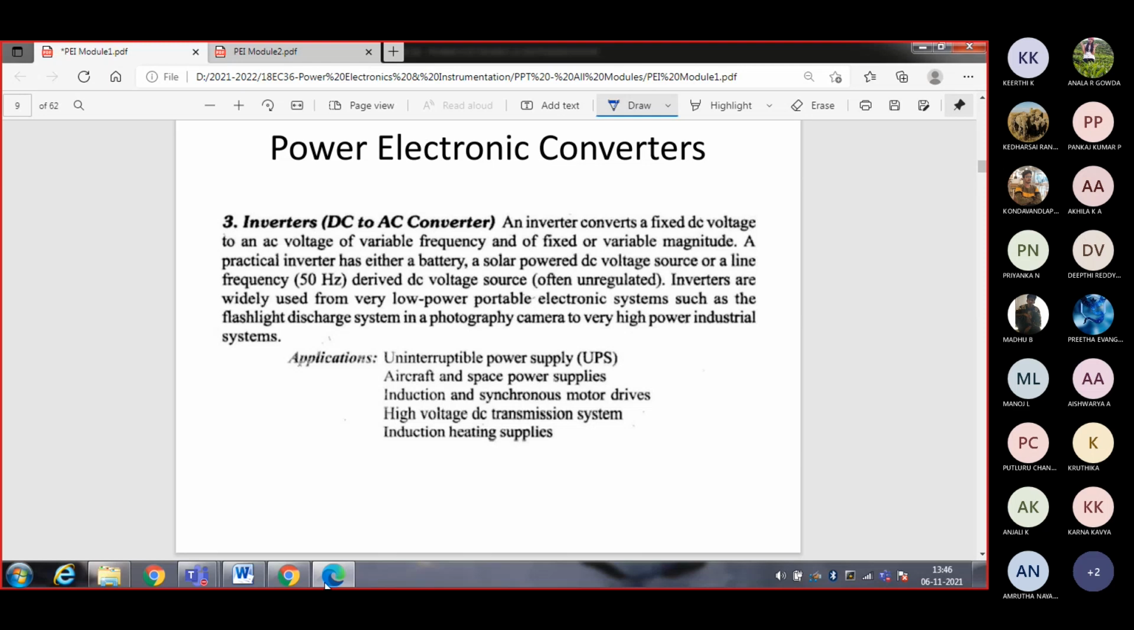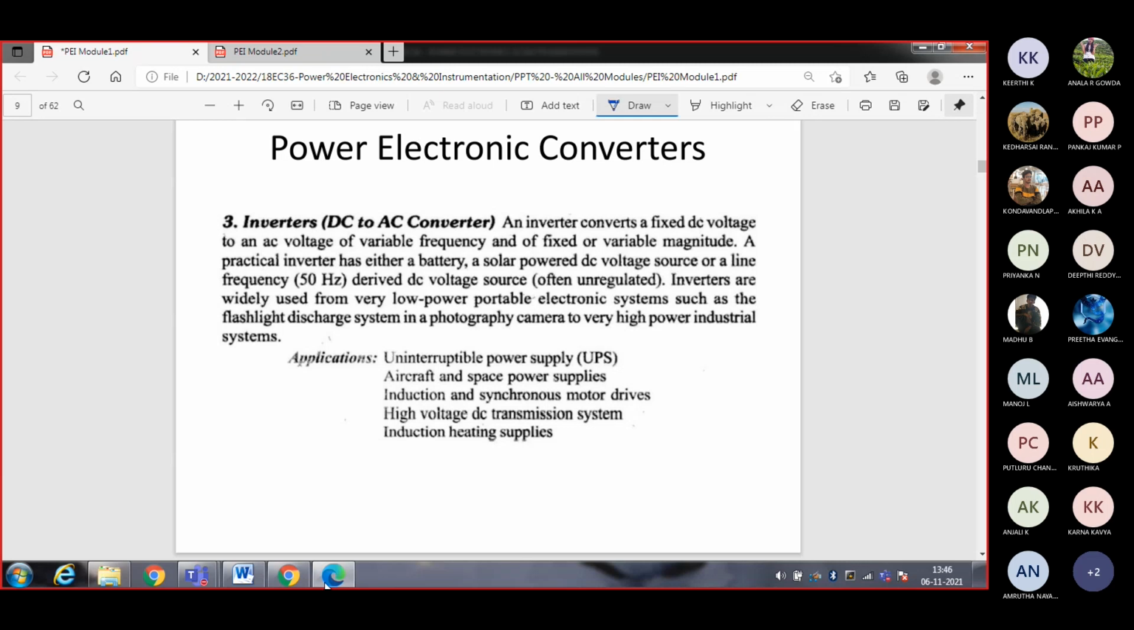So an inverter converts a fixed DC voltage to an AC voltage of variable frequency and of fixed or variable magnitude. The magnitude may be fixed or variable; depending on our requirement, the magnitude, the amplitude, also changes. So the practical inverter has either a battery, a solar power DC voltage source, or a line frequency derived DC